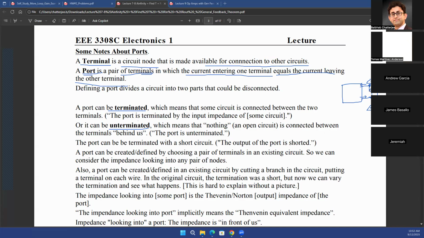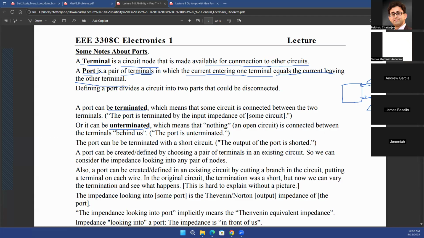So that's how you can remember what a port is. Just remember this example of how we find out Thevenin equivalent resistances or voltages. What we basically do is find the Thevenin equivalent resistance at the output port or the input port and so on. Now, if you have nothing at the output, so for example, initially, let's say,